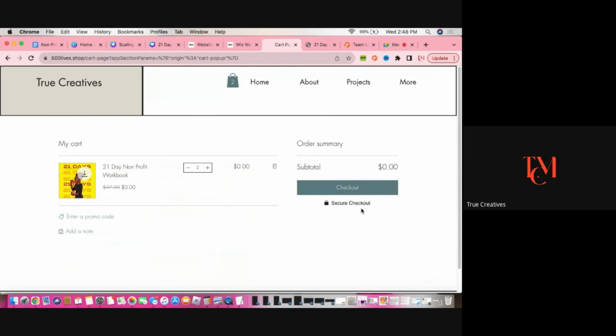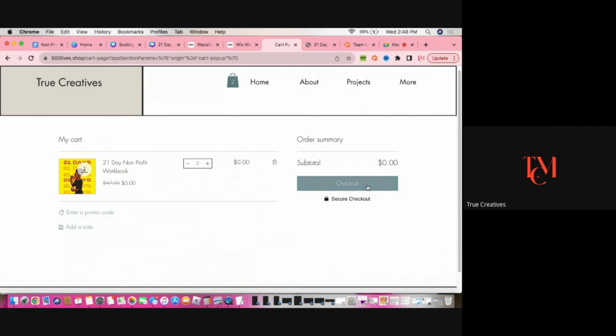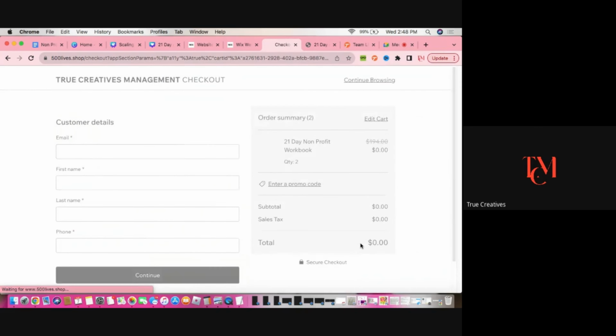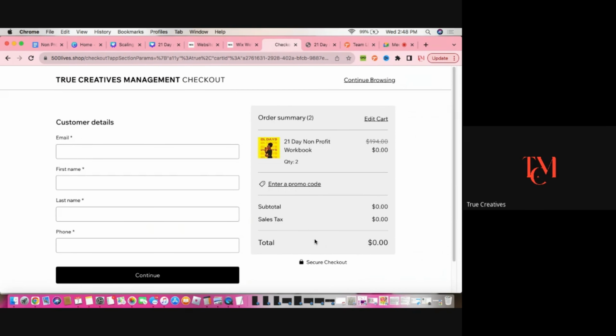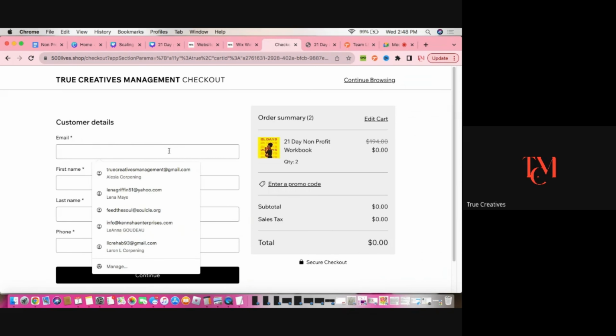So this is us looking at what it would look like from a customer standpoint, and then they're going to check out. Once they check out, it's going to ask, voila, our lead magnet, the information. So this is our payment. So when we are using the lead magnet, remember, we're not necessarily charging, but in return, we are going to be receiving their information. So I'm going to go ahead and